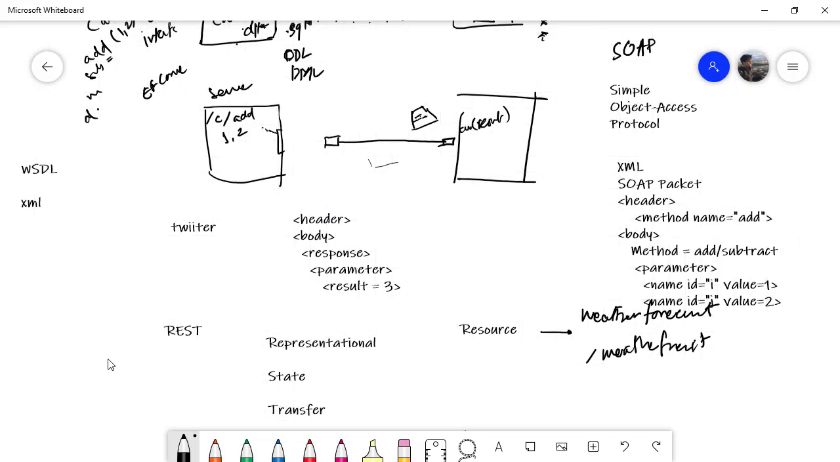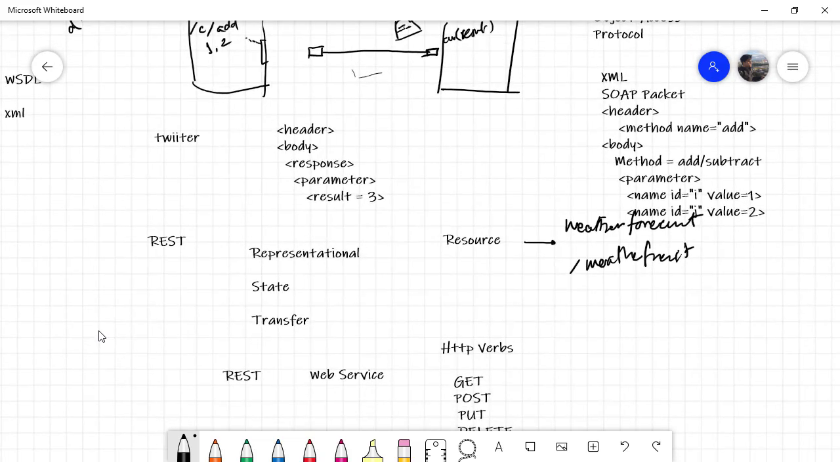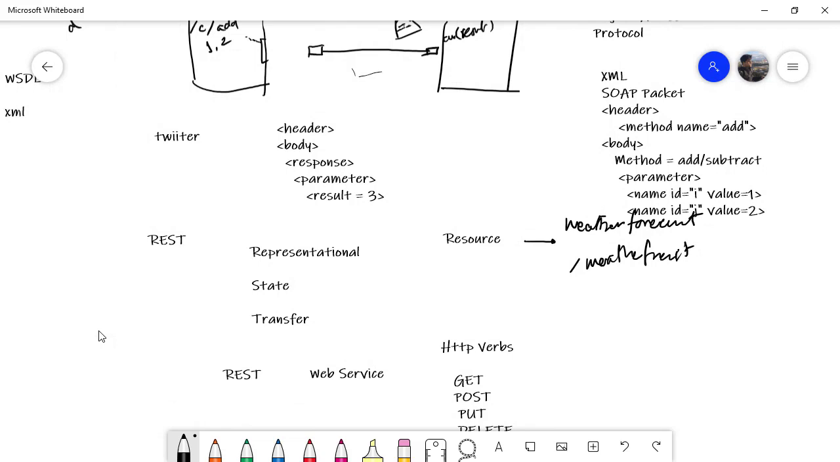Then we saw another implementation, another method of exposing services on the internet. I used the wrong word. Then we saw another